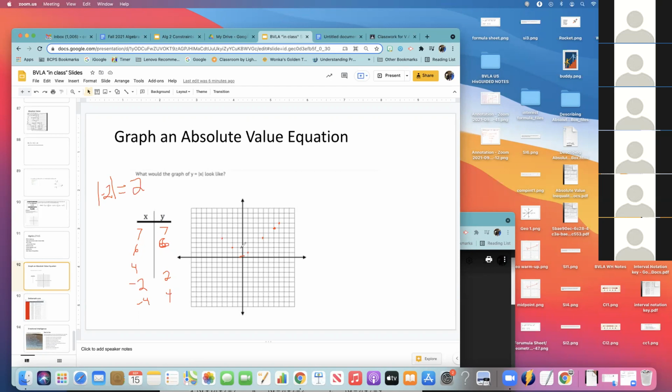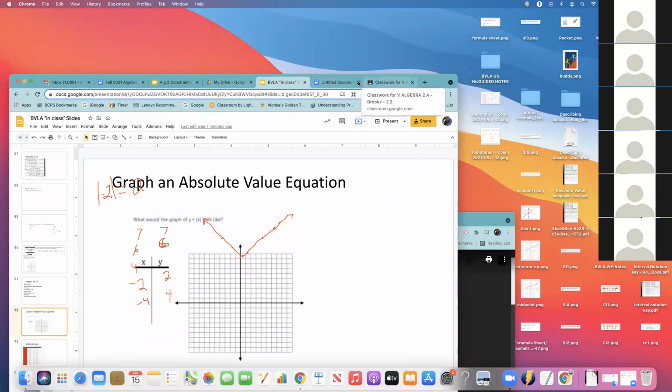And so you can pretty easily see a pattern. And the pattern is this V right here. Okay. And every single time you graph an absolute value, it's going to look like a V. That's it. And you guys, you see how it has a positive and negative on the Y? So when you guys plug in numbers, that's why it has this V split, because there's a positive and negative value. Okay. All right. So we're gonna start with that idea,